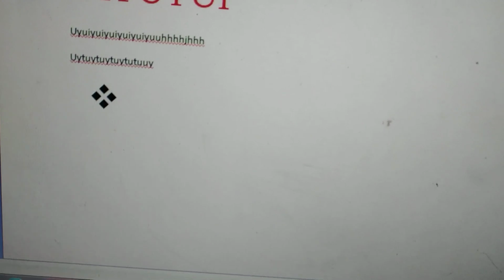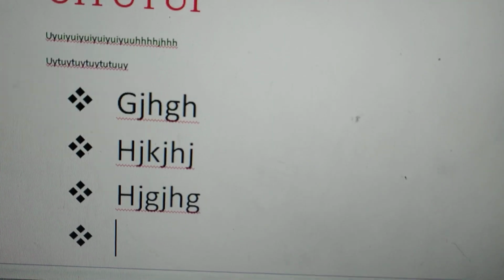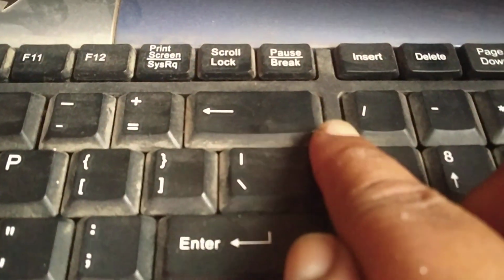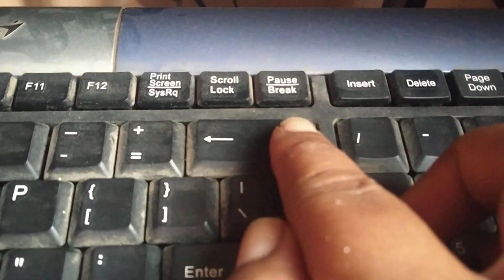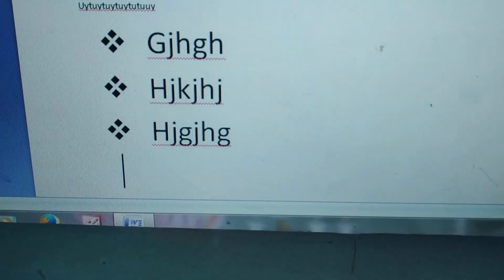Now whatever you want to type you can type here and then press enter. The next bullet you will get automatically. Then again type whatever you want there, press enter. Now I don't want this fourth bullet. So you know the backspace key on your keyboard, press that key, and your fourth bullet will